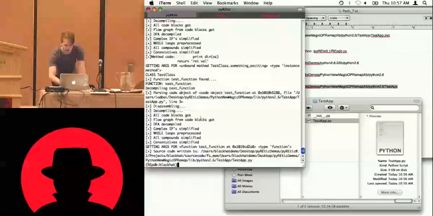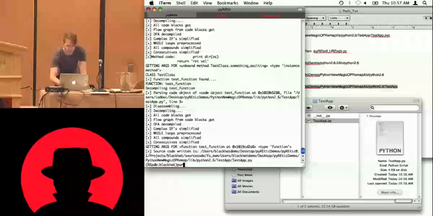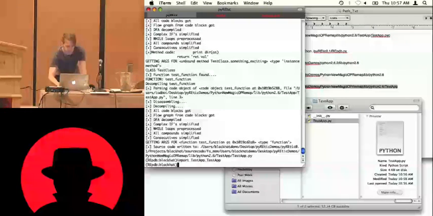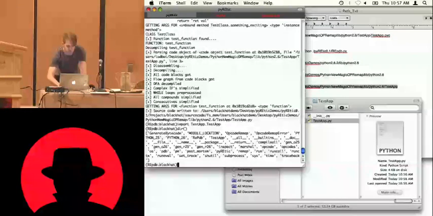And then if we didn't have access to any files on disk and wanted to do everything in memory, we can do the same thing. Rather than obviously applying it to a path, we have to apply it to an actual object. So if we import the test app, you can see it's in the namespace here. So now if we just point this object